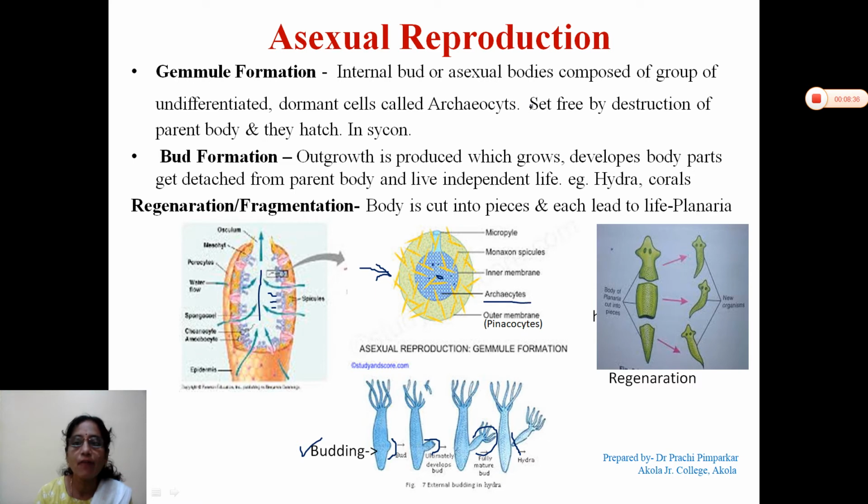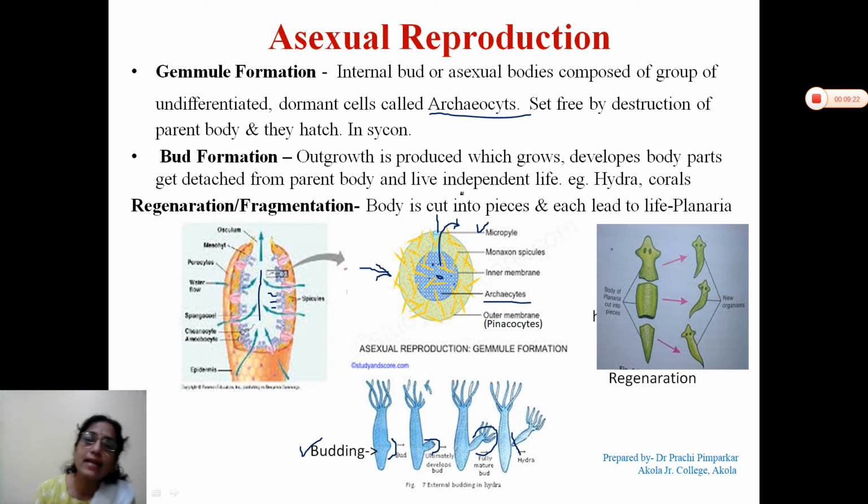Okay, see here we have written: these dormant undifferentiated cells present in the gemmule are called archaeocytes. Now they have food storage, they are in dormant condition. They come out of the body. Okay, this gemmule has the micropyle. Micropyle is the opening. See, this is the micropyle end. From the micropyle, these cells come out of the gemmule. And when they come out of the gemmule, they get